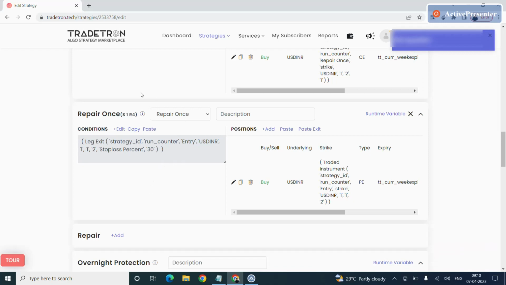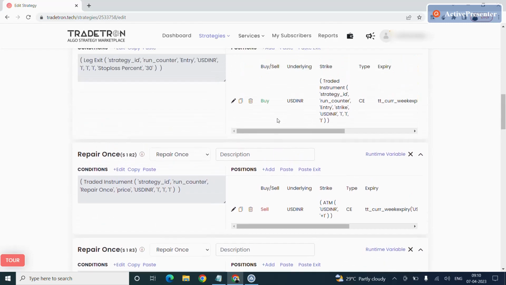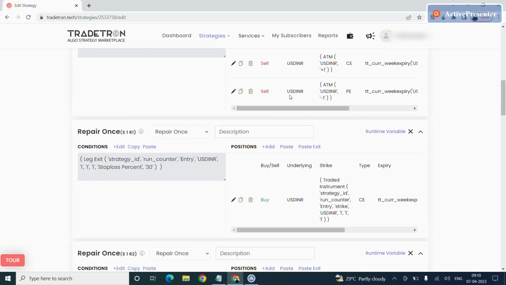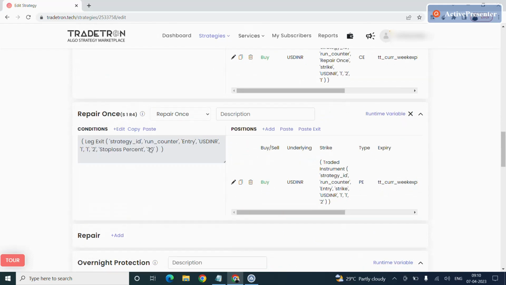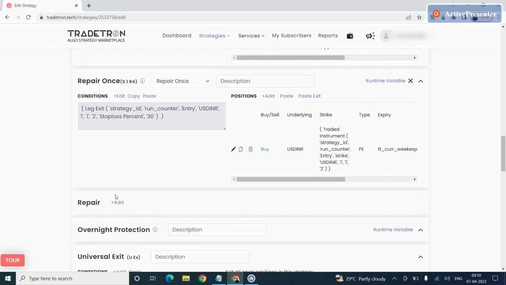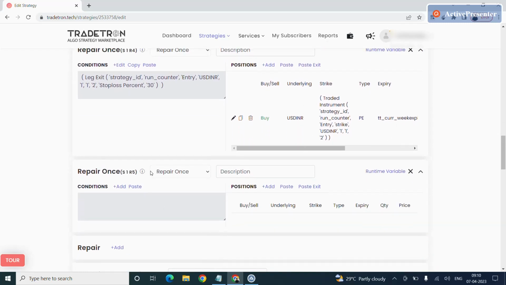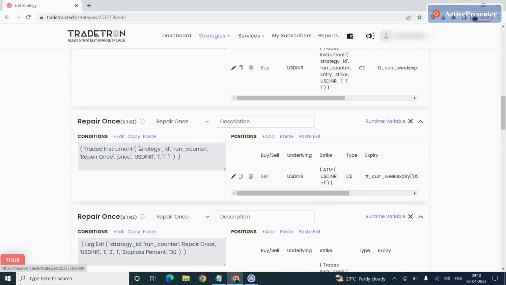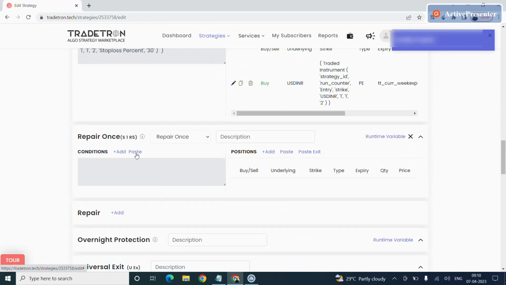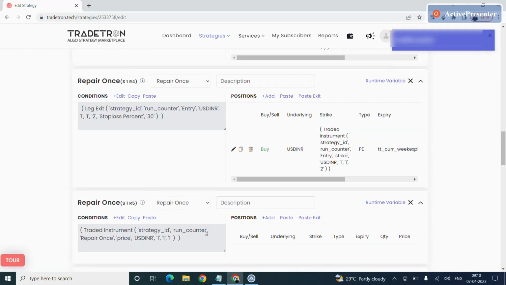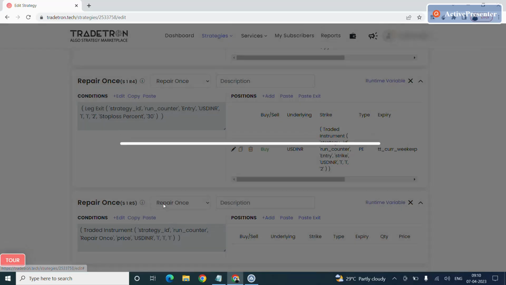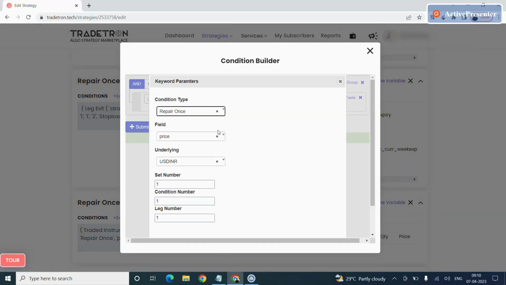So this condition implies once the entry price of the put option selling exceeds 30% of the entry price, this condition will be triggered and the selling put option will be closed here. So once this position is closed, we have to enter another position. To enter another position, copy the trader instrument keyword and paste here. So we have to trigger this condition once this condition is satisfied. So S1 R4, click here, go to S1 repair once